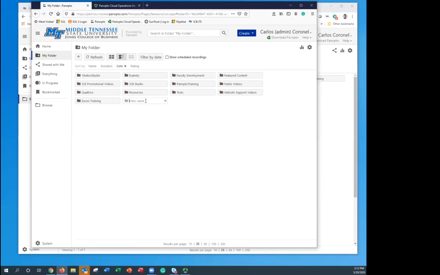Everything will import automatically. Now, I can tell you, Zoom and Panopto are working heavily on this because, as you can imagine, with the situation that we are in right now, Zoom has had an increase in the number of users, and I know that they have had issues with the performance of the system, and sometimes the video takes a while